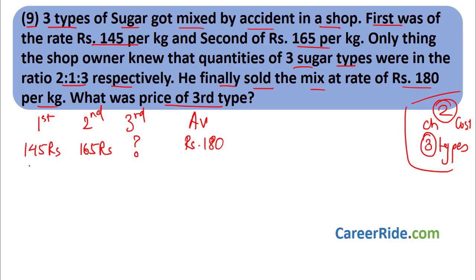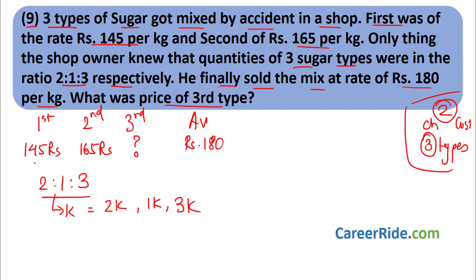Now, what is the quantity of the sugar of the first type? We do not know. They have only given the ratio 2:1:3, so this is the ratio of quantities. Now we do not know the actual value. Just like in ratio and proportion, we have learned that whenever a ratio is given and we have to find the actual value, first start with assuming the common factor as k. So the actual values would be 2 into k is 2k, 1 into k is 1k, 3 into k is 3k.